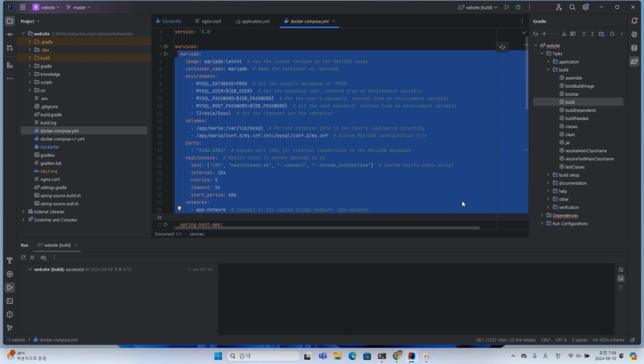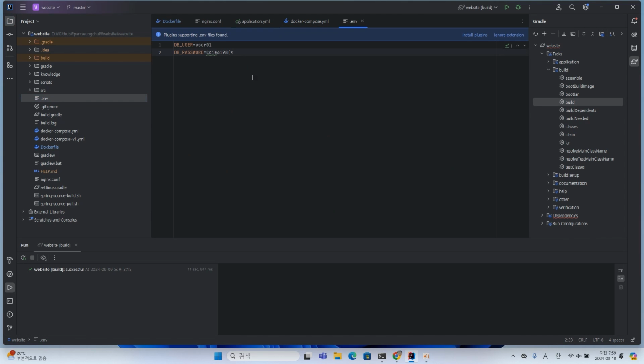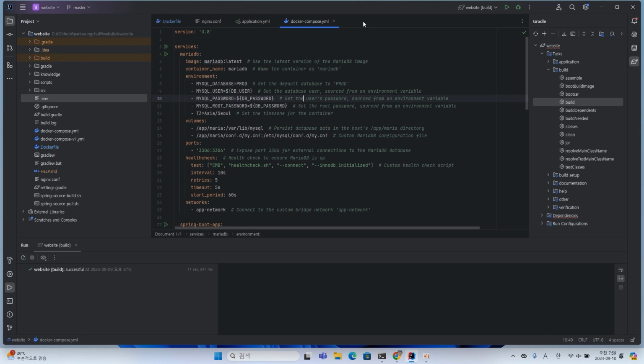MariaDB is the database for the Spring Boot app. The passwords are specified in the .env file. Just a file that defines keys and values, like that.